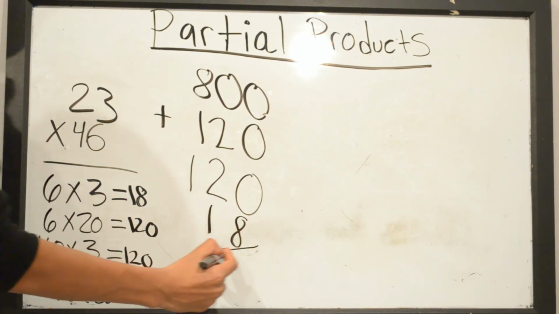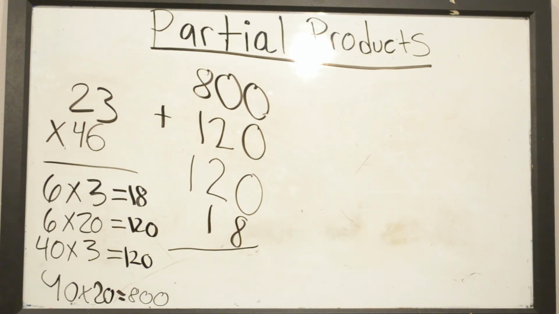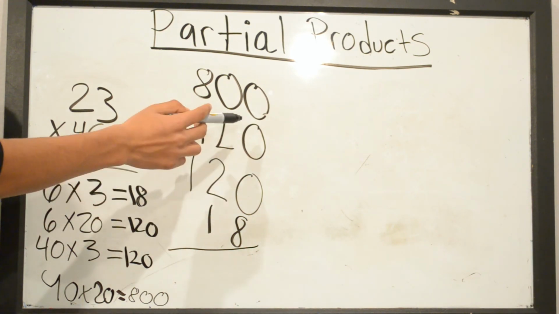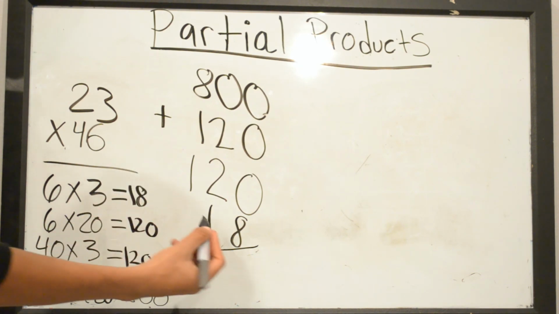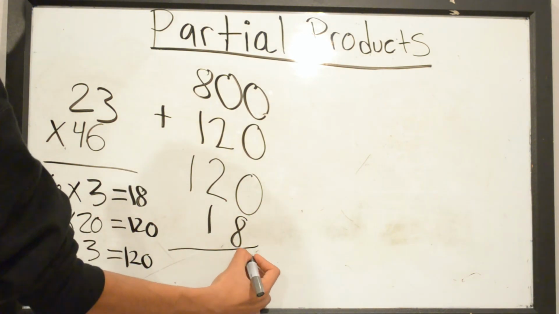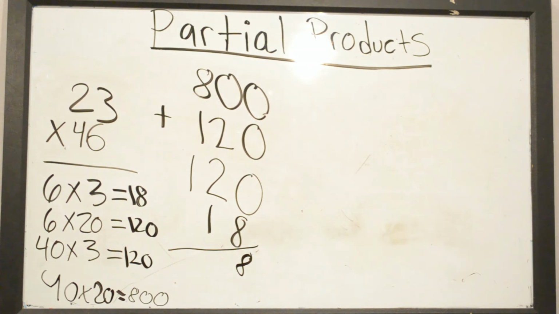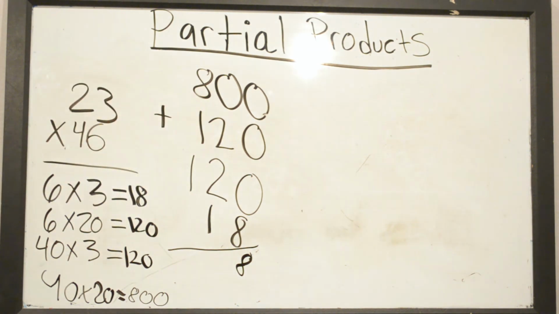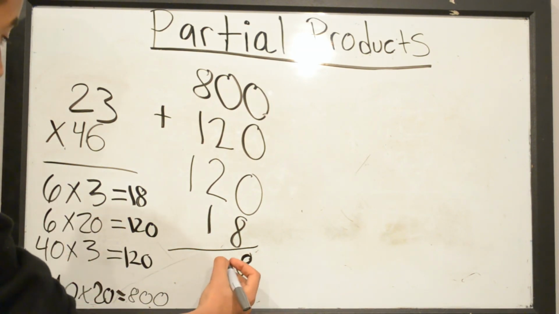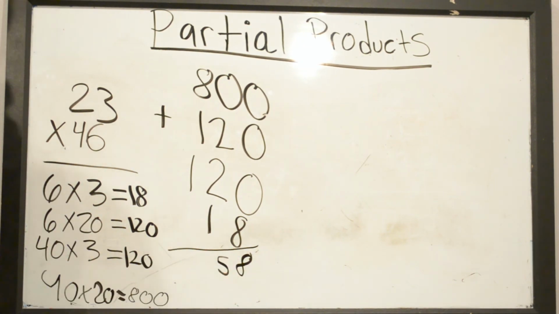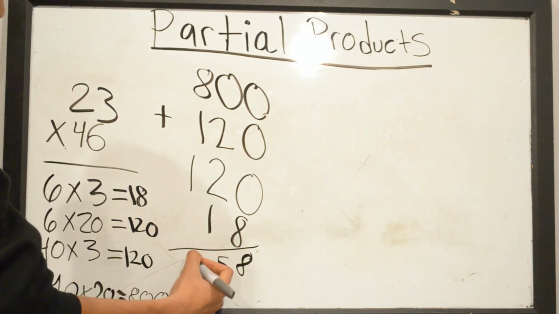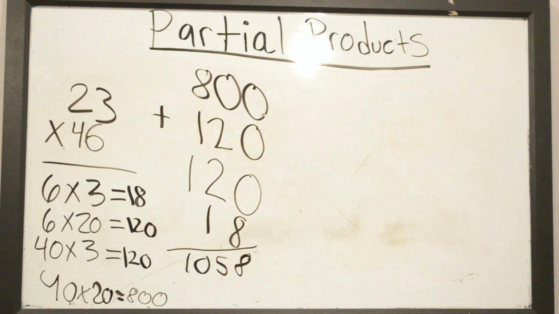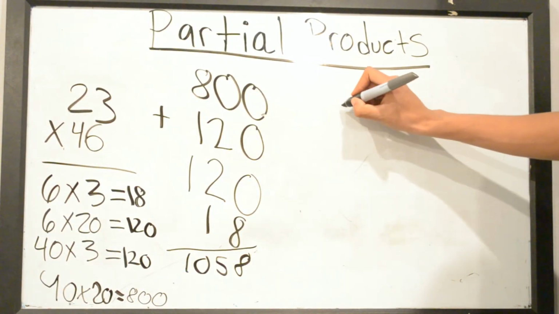So now we add all these together. 8 plus 0 plus 0 plus 0 is 8. 1 plus 2 plus 2 plus 0 is 5. 1 plus 1 plus 8 is 10. So for our final answer we have 1,000